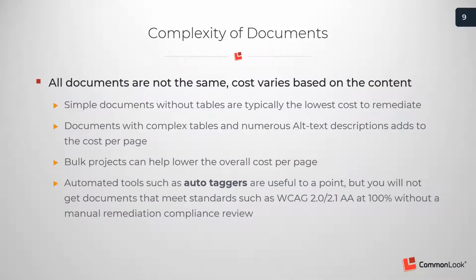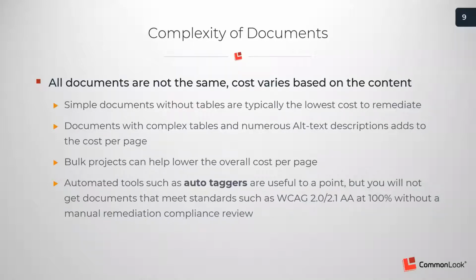So the next thing we want to talk about is the complexity of documents. The issue here is, when somebody's putting out an RFP, and again, that hypothetical 10,000 documents, let's say it's 27,000 pages of content, and I want a price to do that entire project. Well, if all 10,000 of those documents were simple text, maybe 2 columns of text and no images and stuff like that, and they're not scanned, they're actually just content, those would probably be the lowest cost documents